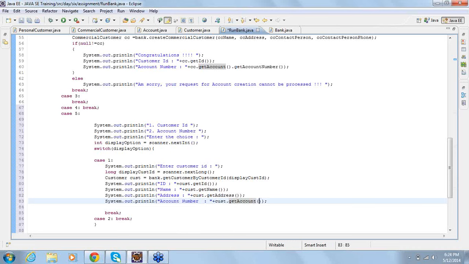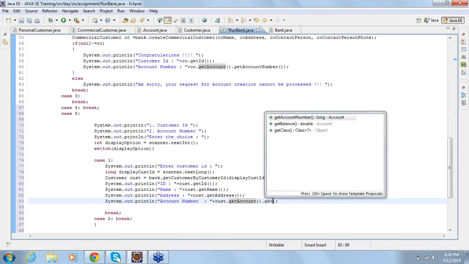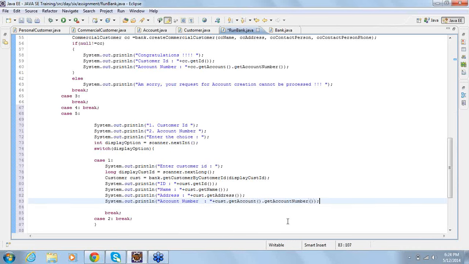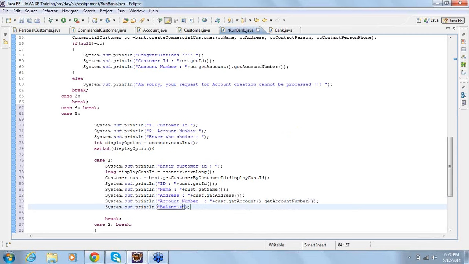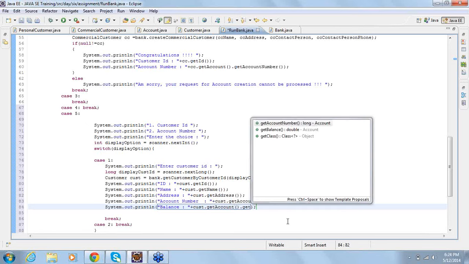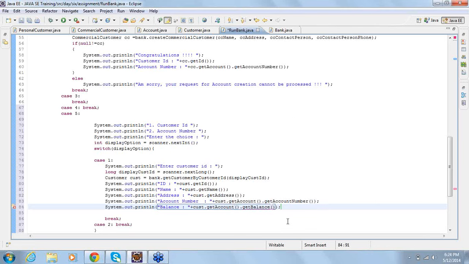First you need to get the account, then you can get the account number. Then you can also display the balance. What is the balance in the account? Then here it's simple. As usual, get the account first, then get the balance too.